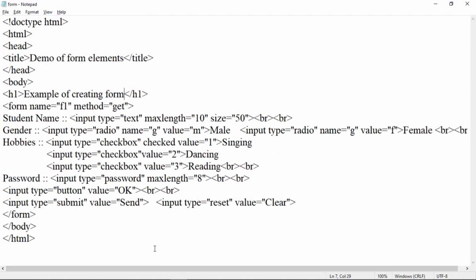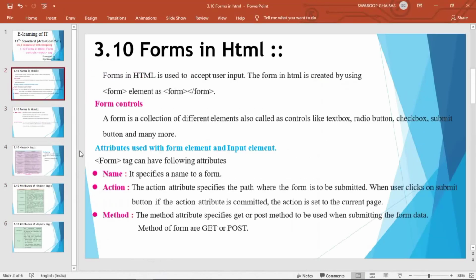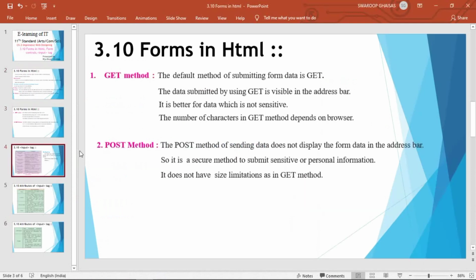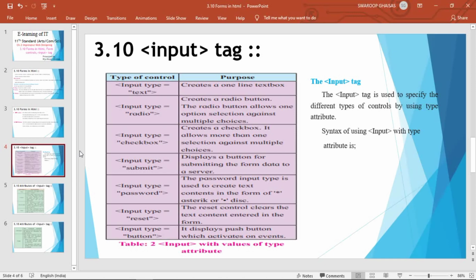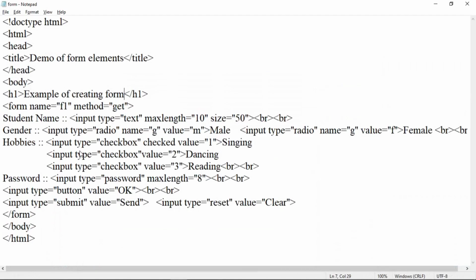So note down this program and try to execute it. Also note down this description about the form tag with all its attributes, then the input tag with all its attributes, and then note down this program and try to execute it.